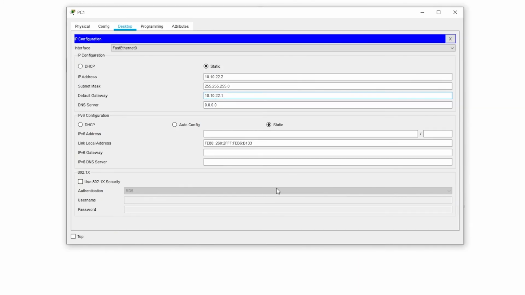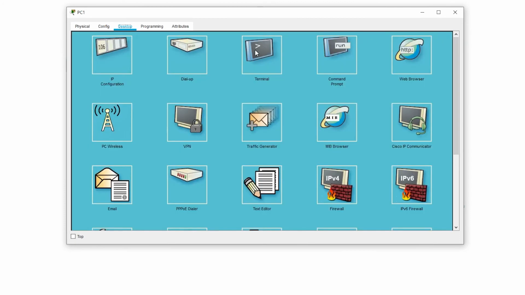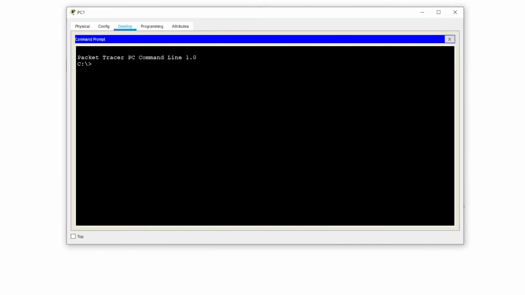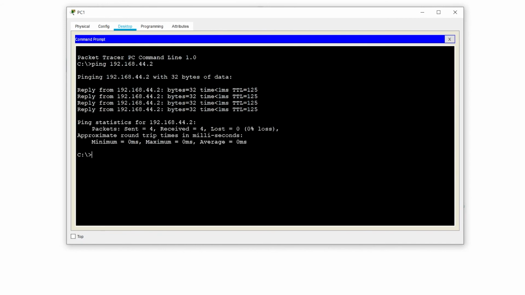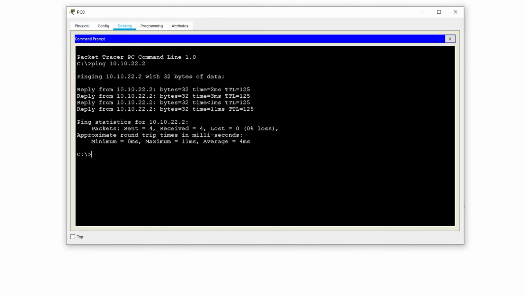And from PC1, we'll do the same thing, 192.168.44.2. Let's see if it does the trace route command. Yes, it does.